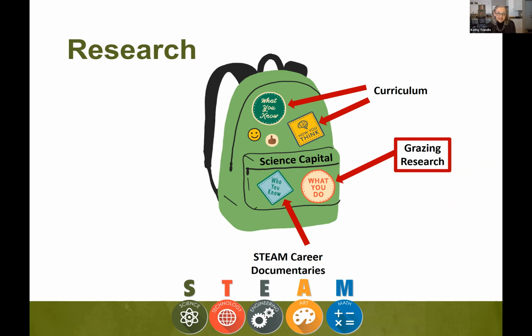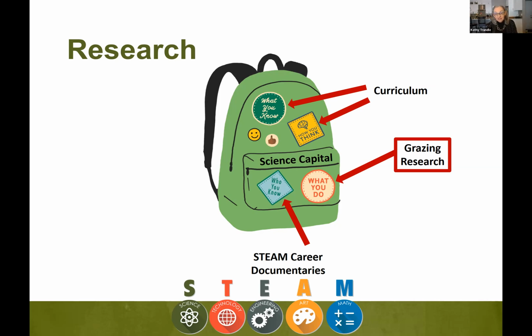And last but not least, we are doing research, as I mentioned, and on this one in particular, we're doing research on STEAM careers and children's interest in STEAM careers, with pre-data, mid-intervention data at the middle point of the academic year, and then also at the end of the academic year. So by participating in this garden-based learning integrated curriculum, and watching these documentaries, does this have an impact on their interest in pursuing a STEM career? So are we touching the future in terms of that STEM pipeline for careers?